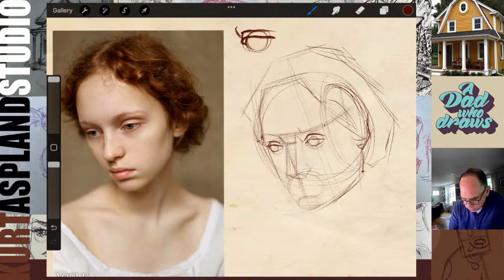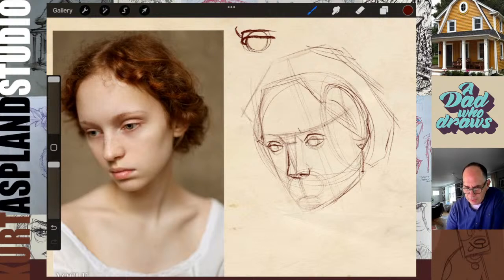All right, let's work on this nose now. Okay, so this nose is coming underneath. Nostrils right here. Thing is, with a young girl, because she is so young, we don't want to use a lot of lines.